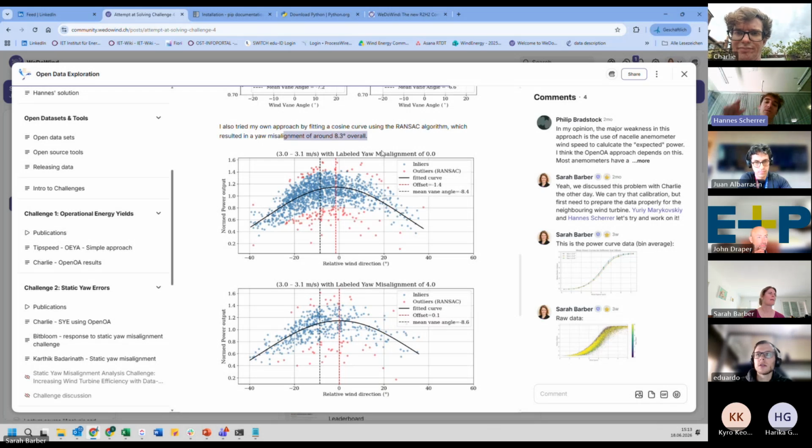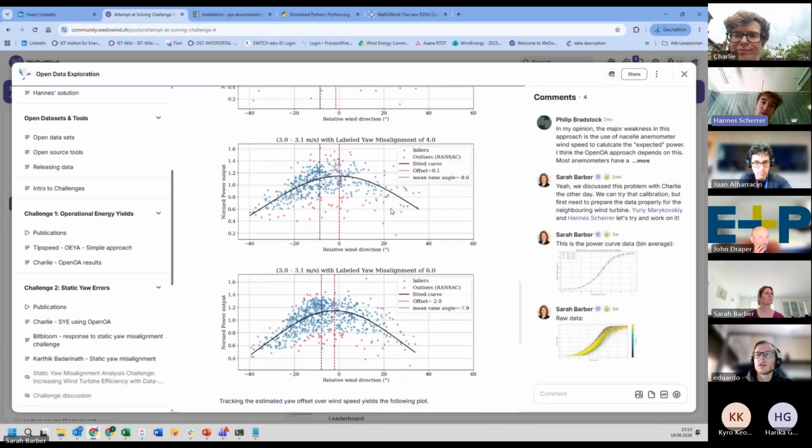I again took some wind speed bins and fitted this curve into it. And the red ones are outliers; they are rejected.